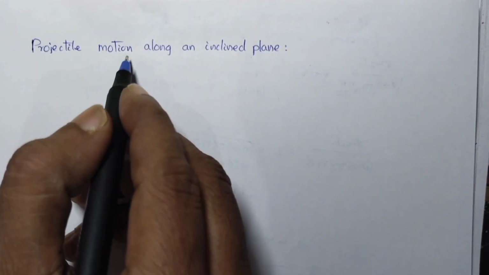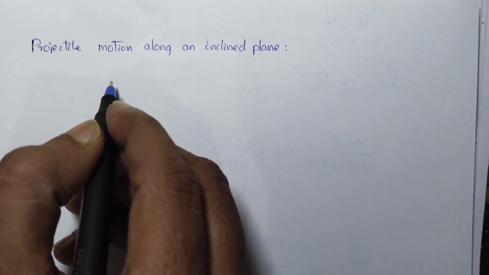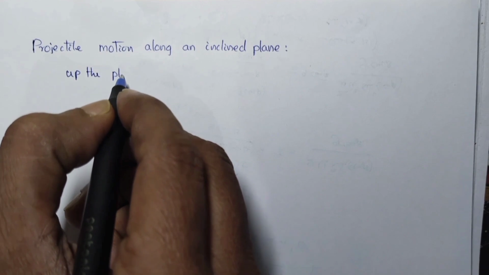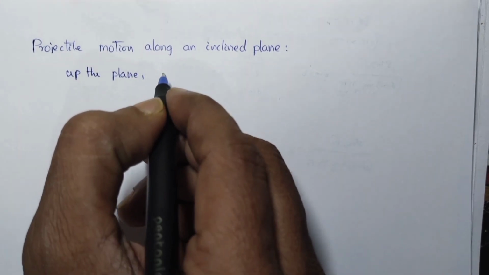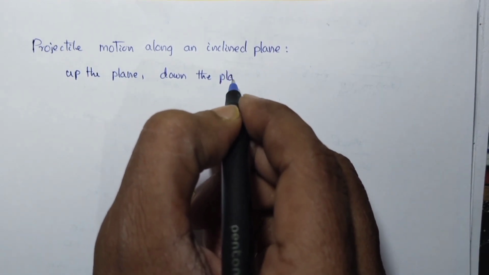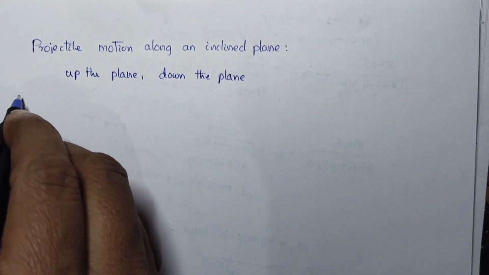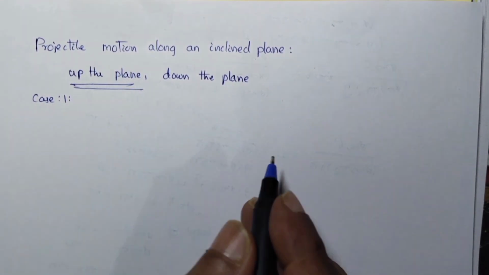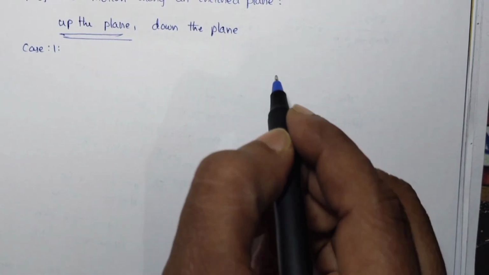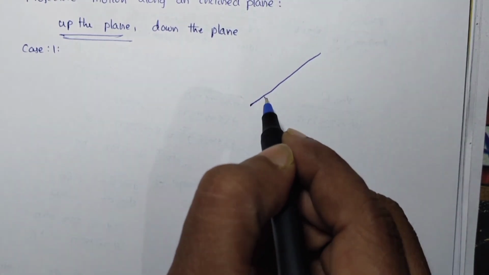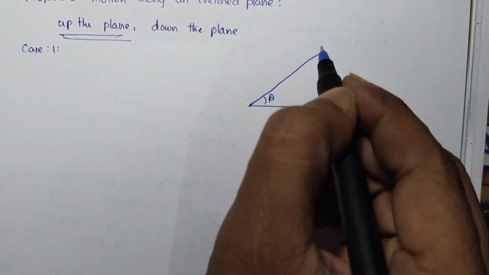In the inclined plane, the projectile motion has two cases. One case is up the plane. The other case is down the plane. So let us take the first case, up the plane. Here let us take an inclined plane which is making an angle beta with the horizontal